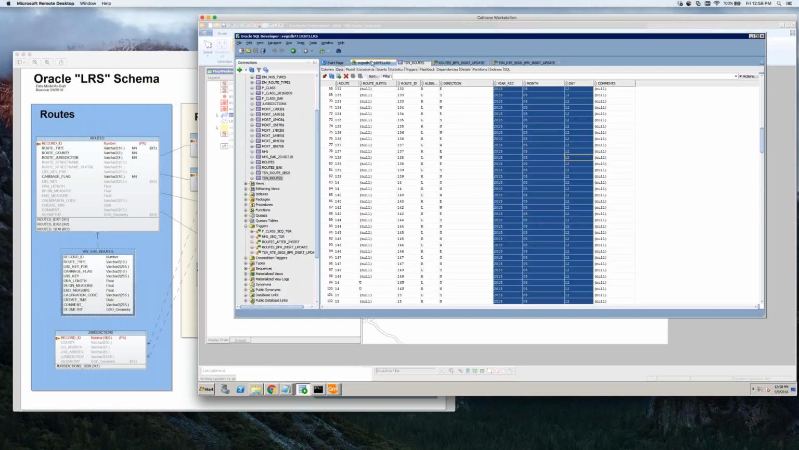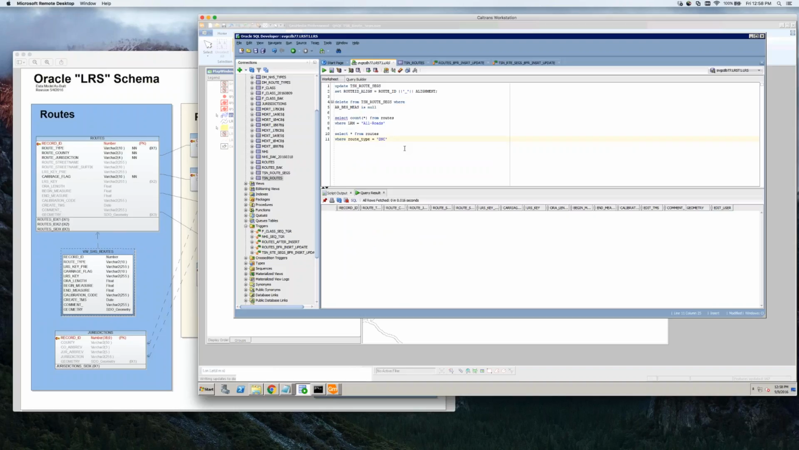I'm going to check on what's going on here. This is my backdoor view to the data. Select star from TSN route segs where begin lat is null. No, I don't want that. Where route ID